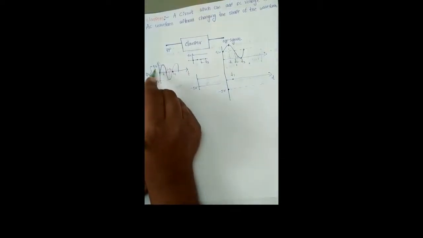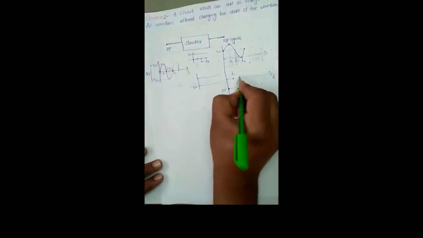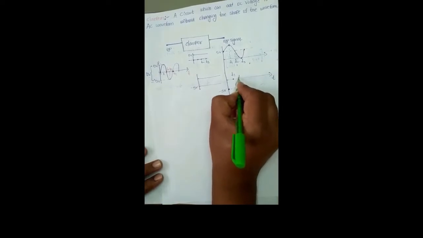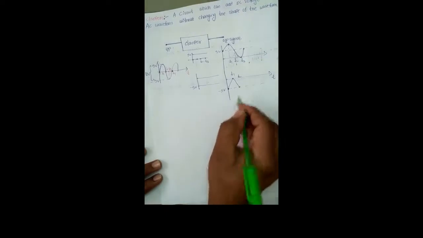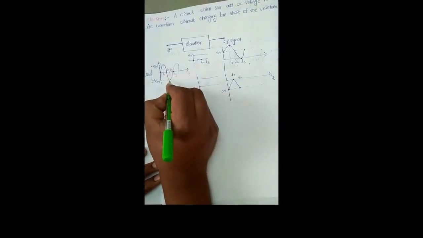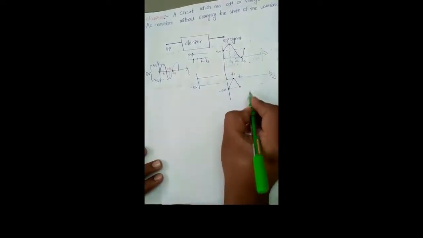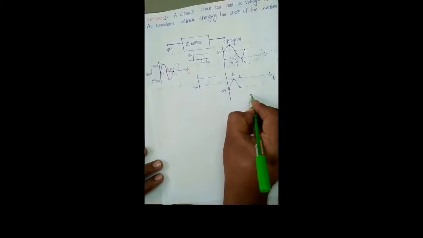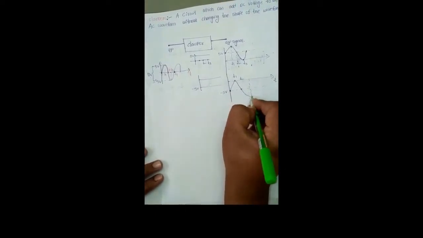And at t equal to t2 instant, the input signal is 0. 0 minus 5, we get minus 5 volts. For example, here we get minus 5 volts at t equal to t2. Okay, we can add this. And similarly at t equal to t3, it has minus 5 volts. This minus 5 volts and the DC voltage minus 5 volts, we get minus 10 volts. Here we get minus 10 volts at t equal to t3.